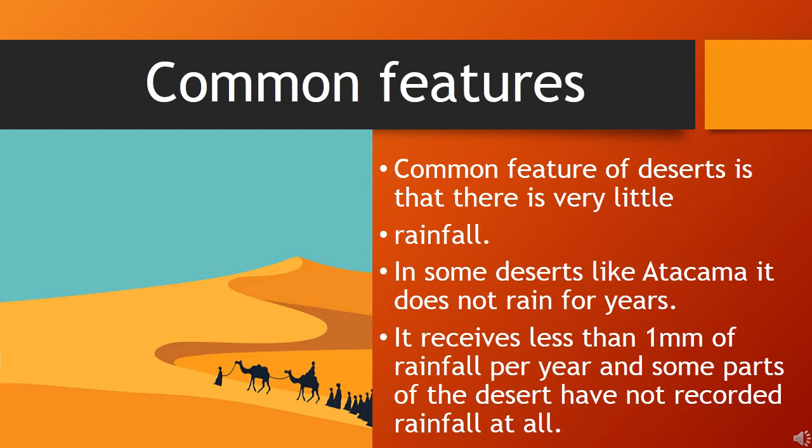That is, the dry hot winds which come from the sea, and because of the high mountains at times, the moisture bearing winds cannot reach the leeward direction, that is the opposite direction of the mountain, and hence there is no rain or very little rainfall happening there. So there is almost no rainfall taking place there, and that is why those regions are